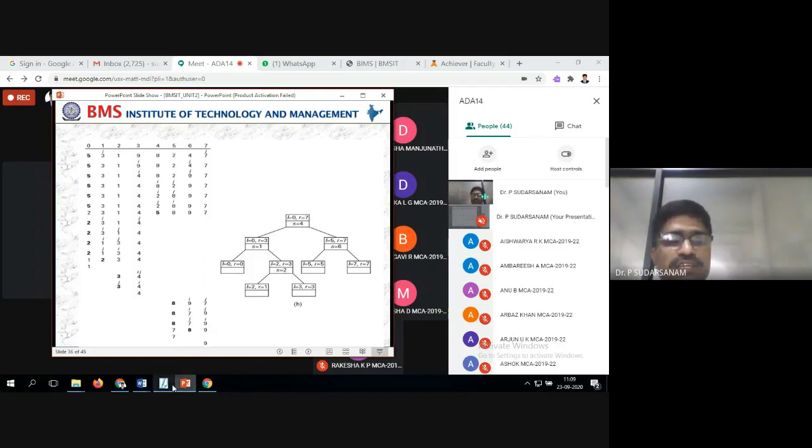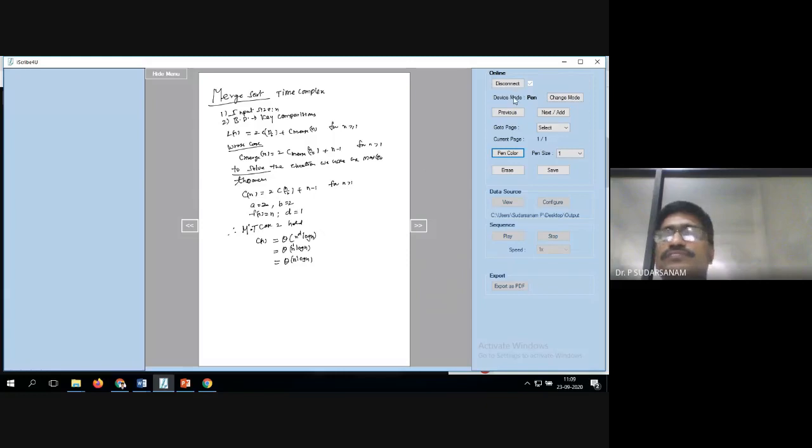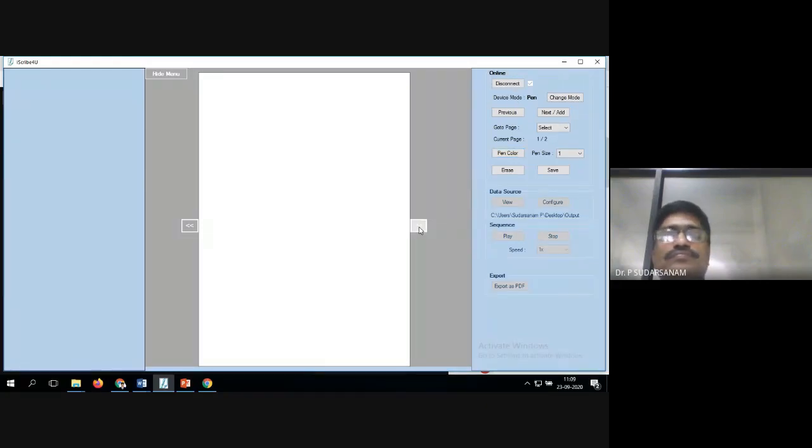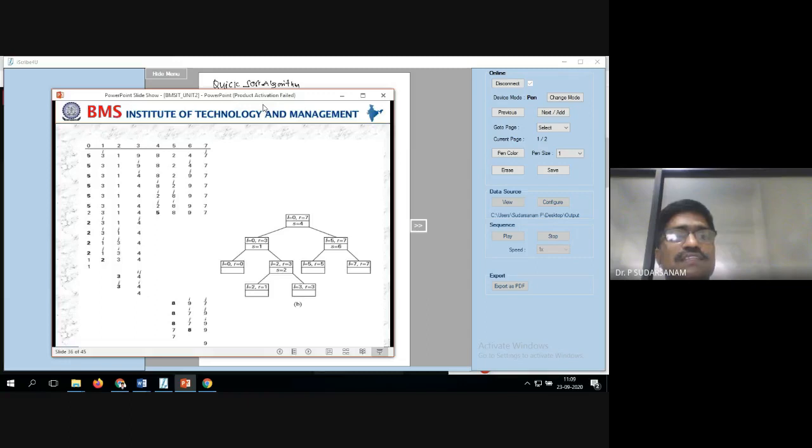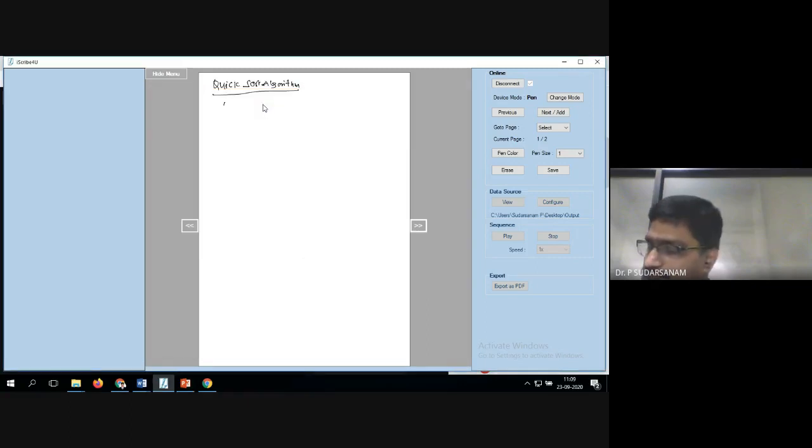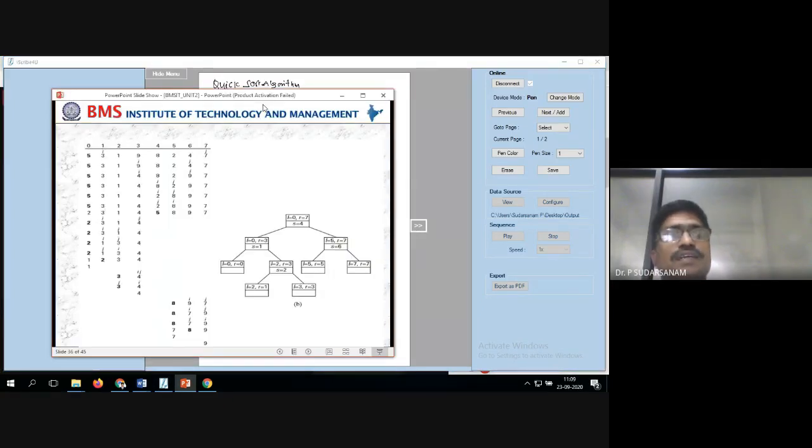Quicksort algorithm. Write the numbers: 5, 3, 1, 9, 8, 2, 4, 7.